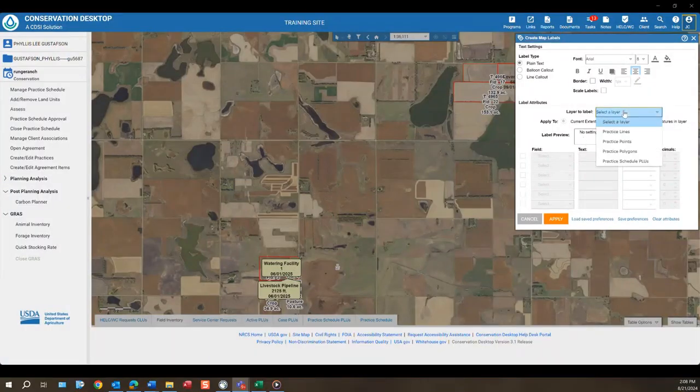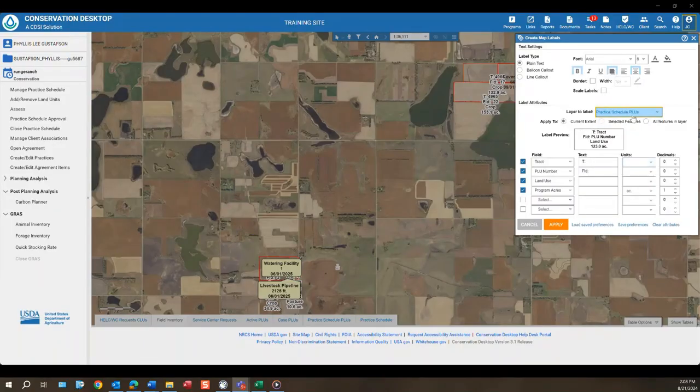Let's go ahead and select the Practice Schedule PLUs layer or the Fields layer. If I select Practice Schedule PLUs, you can see that information populates down here below. This is because I've already saved and set up this information, and you can see it on my map. For Practice Schedule PLUs, I'm including the track number, the PLU or field number, the land use, and the program